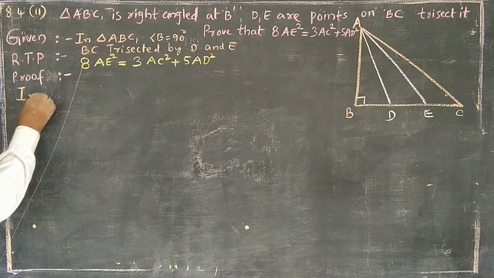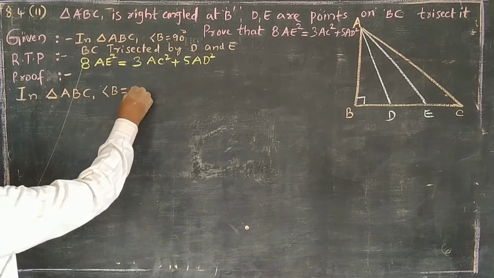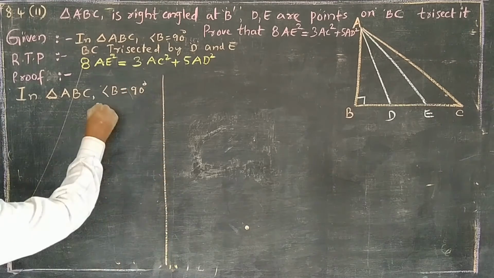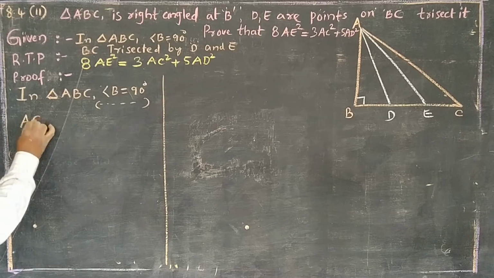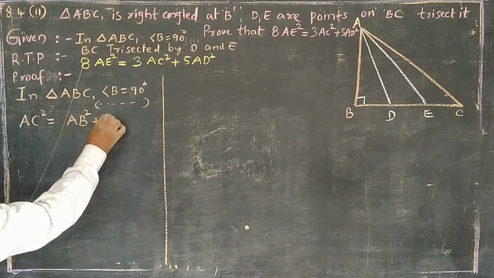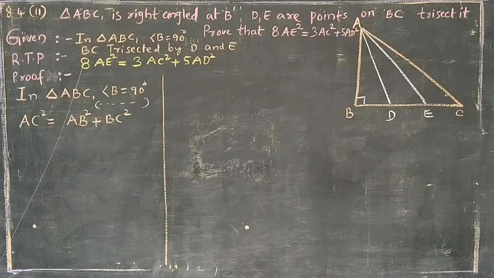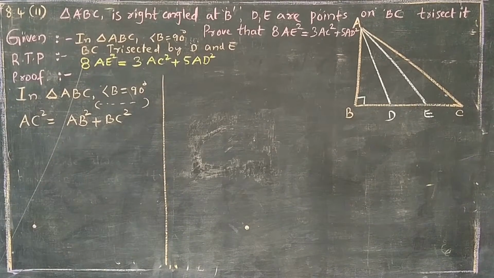In triangle ABC, angle B is equal to 90 degrees. That's why by the help of Pythagoras theorem we write AC square is equal to AB square plus BC square. Is it clear now? Before AC square, 3 is there, that's why multiply both sides